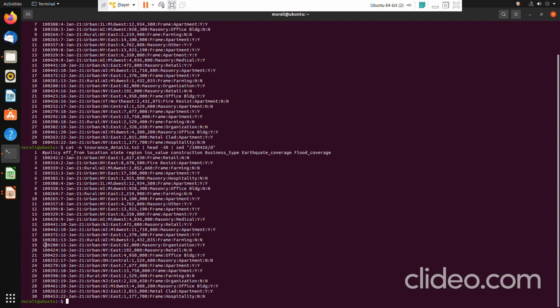In the buffer, the line containing the pattern 100426, it will remove from the buffer and then display the remaining output. That doesn't mean that if you directly give the file, it will remove it. No, not at all.